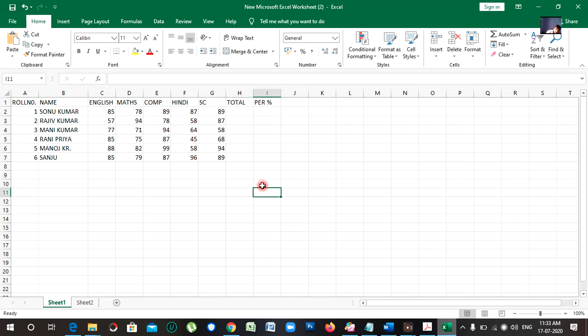See here, the function given is auto sum. If you are not seeing it, just look here. I am going to point out this auto sum function. Okay, this is the auto sum function.